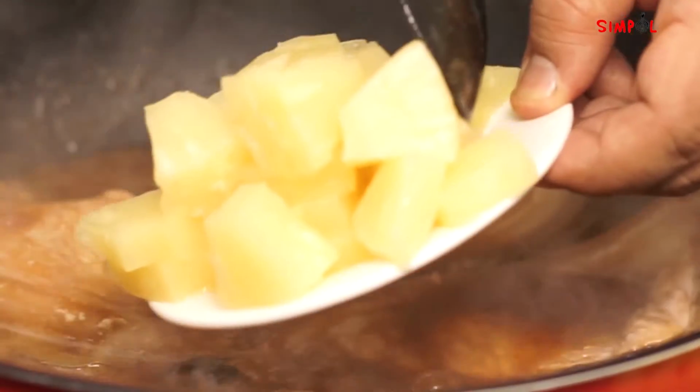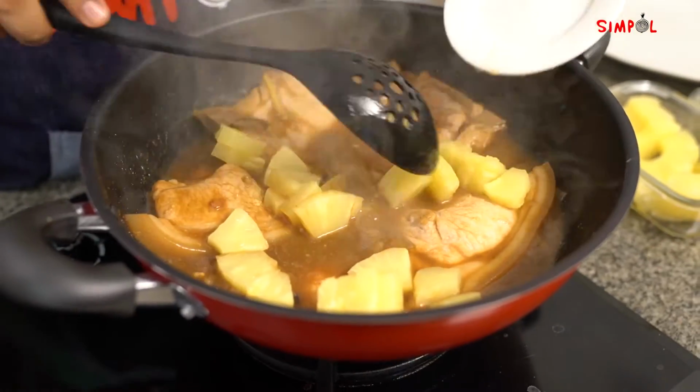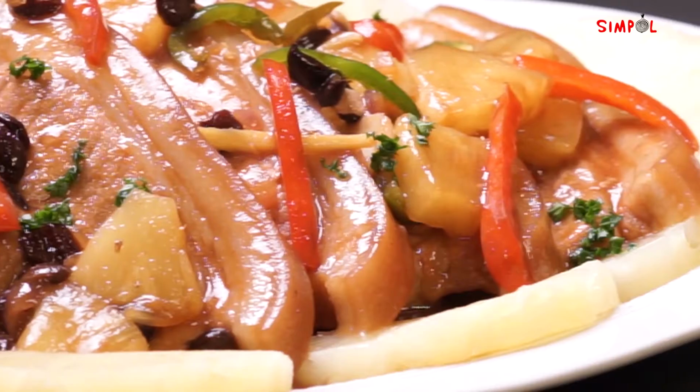Isa sa mga dish na inspired by your tropical paradise, ang Aloha or Hawaiian pork chops. Simpol, luto na,